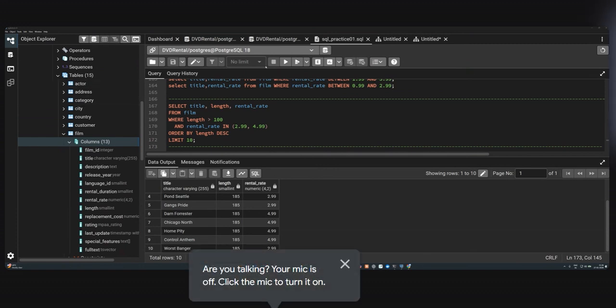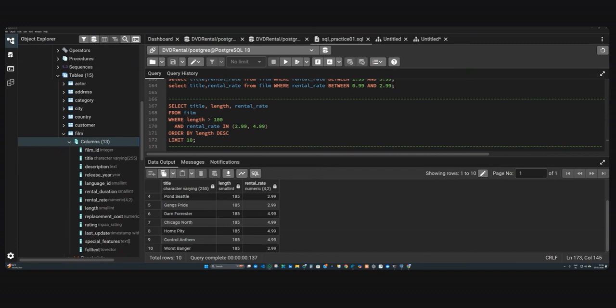So what is the name of this file? SQL practice 01. Okay, I've shared the